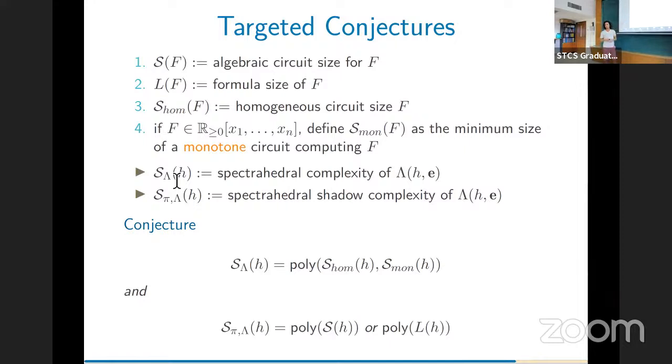I'm getting a little confused. We can always make any circuit homogeneous, right? With the D squared blow up. So what am I missing here? Oh no, right, the general case. I'm not sure. We'll talk about this offline. Let's just remove this one. Let's just say homogeneous and S are the same.